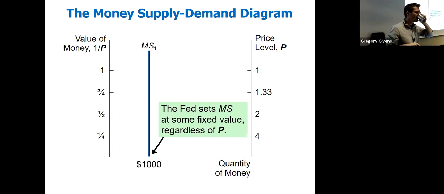Fourth row? Exactly. We've assumed in this model that the money supply is a policy variable that can be set by the Fed, irrespective of what the price level is. So in this particular model, you've got to always draw the money supply curve as perfectly vertical or fully inelastic, okay? And so here we have a money supply curve where the quantity of money in circulation is, let's say, $1,000,